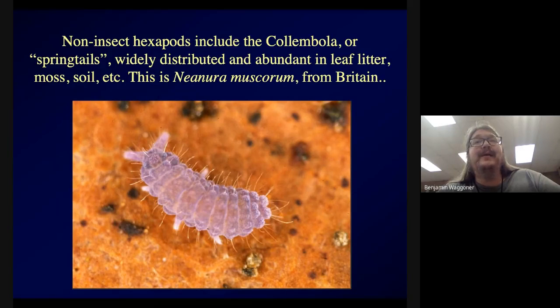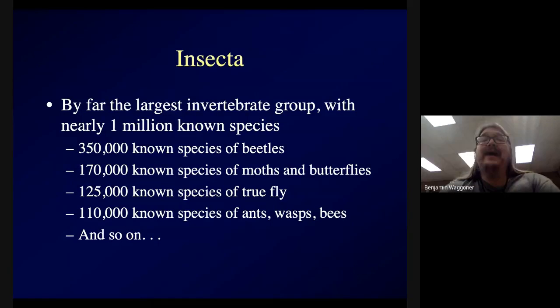Collembola are extremely abundant in leaf litter. They're swarming in the decaying autumn leaves even as we speak, and they may have a role to play in breaking those down. You find them in soils. You find a lot of them on moss. They're very small, and they've got some specialized appendages on the abdomen that enable them to leap, hence the name spring tail. They can jump like they've got a spring in their tail, but they're generally less than a millimeter in size. You're not likely to see them unless you go deliberately looking for them. So there's a few hexapods that aren't